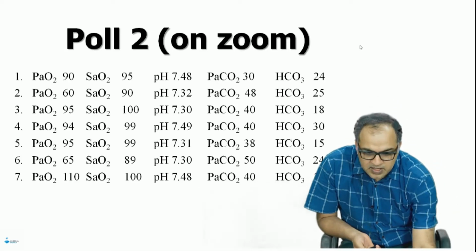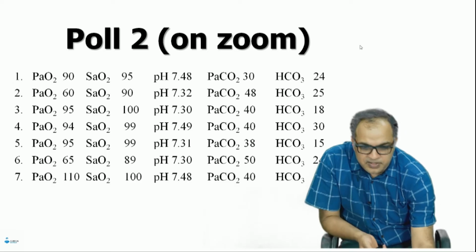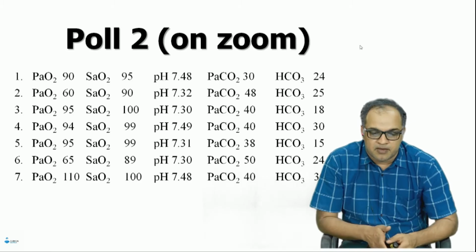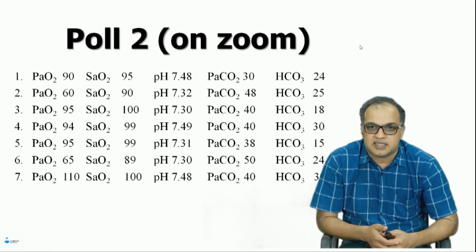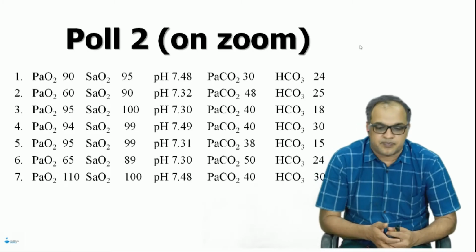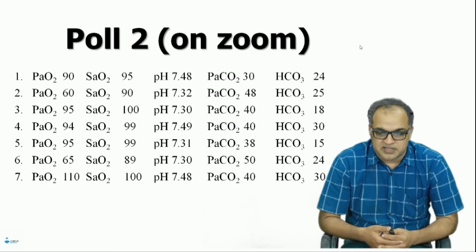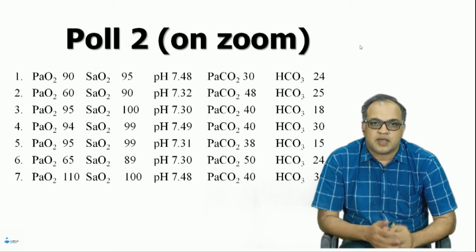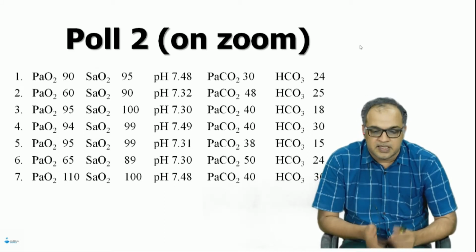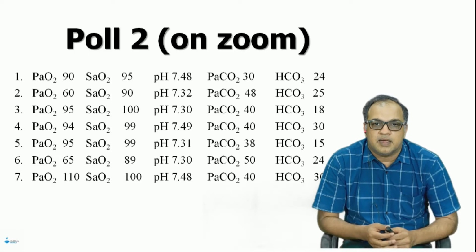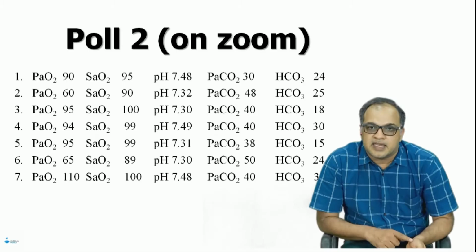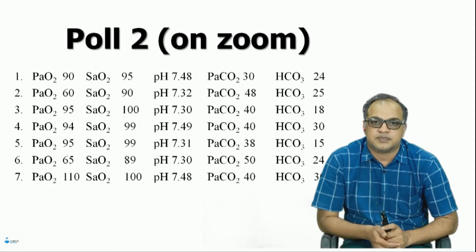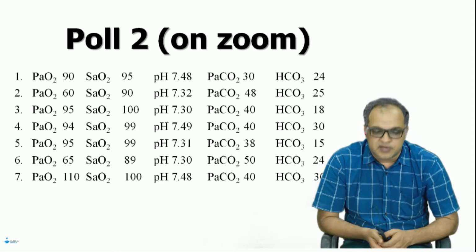Okay, my time is less, so I'll just end the polling. 13 have voted. 14 have voted. 15 have voted. Yeah, it takes time. 7 ABGs, it takes time. 15 of 33, 45% voted. So we have to analyze each ABG and see, is the CO2 going in the direction of pH or is the bicarb going in the direction of pH? 1 or 2 are trick questions also.